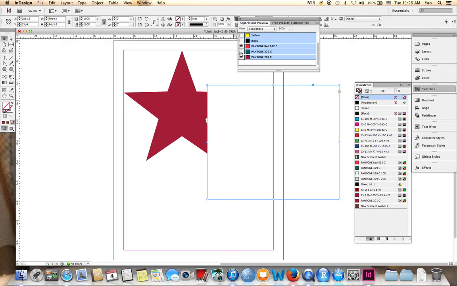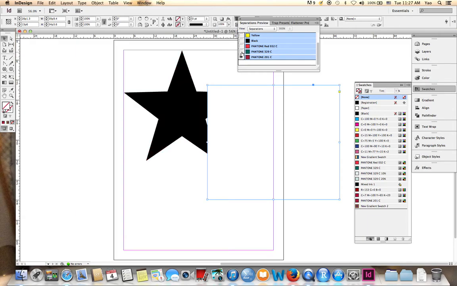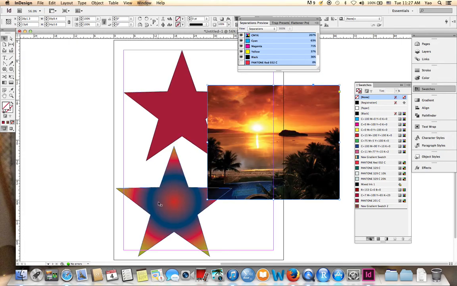Those two colors are also here, but nothing uses them. So if you hide them, it doesn't really make a difference. It's interesting. Looks like this spot color also uses that color. So that's spot color. Now CMYK, when you print something using CMYK colors, it's called process color because normally